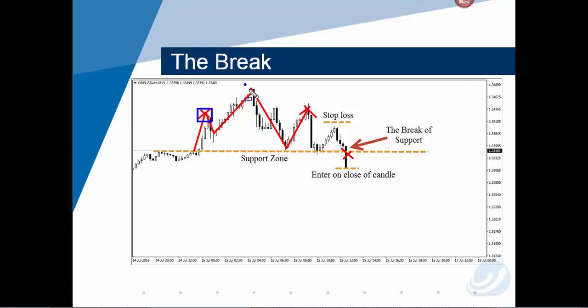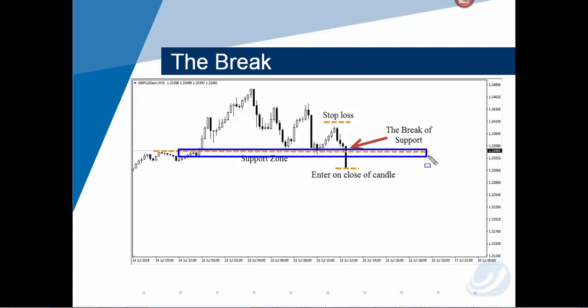Left shoulder, head, right shoulder, head and shoulder pattern. Break of a neckline, that's your entry to go short. So there are multiple ways of executing your trades as long as you have an idea of how the market works. In this scenario, we're looking to get in on a trade when price breaks this support